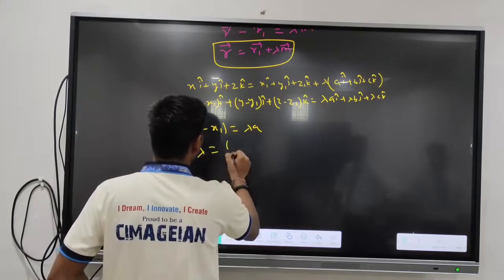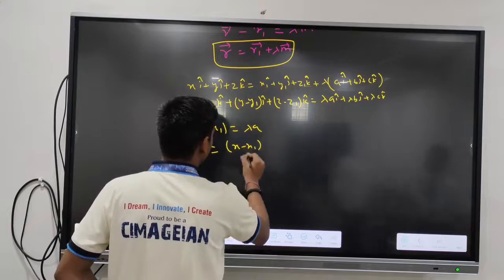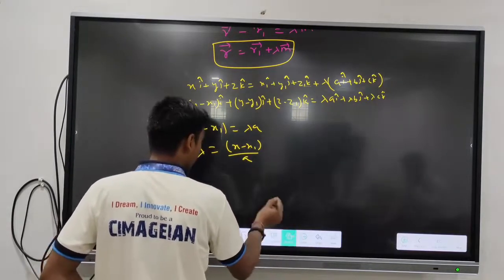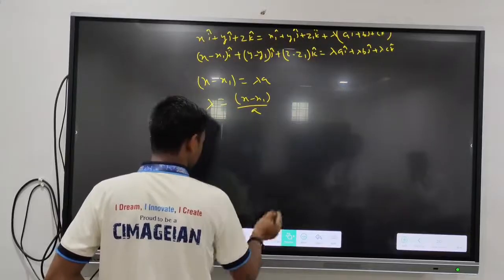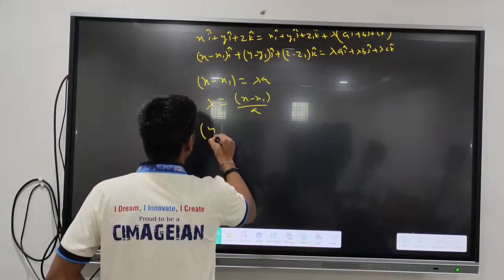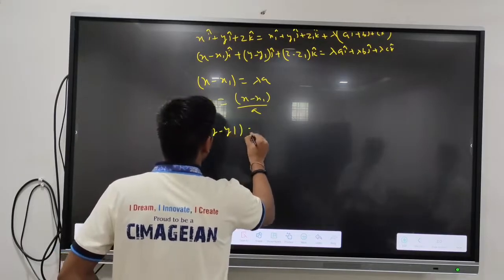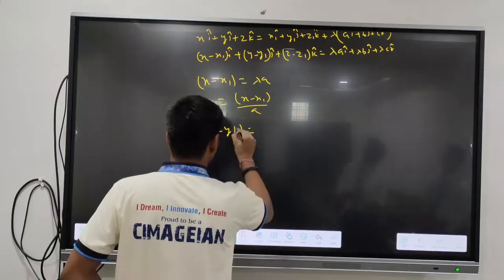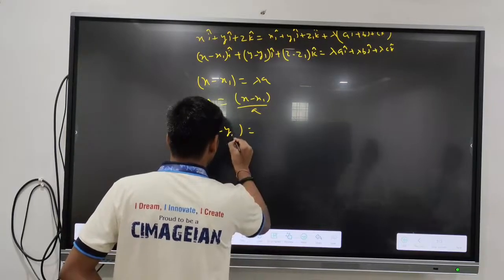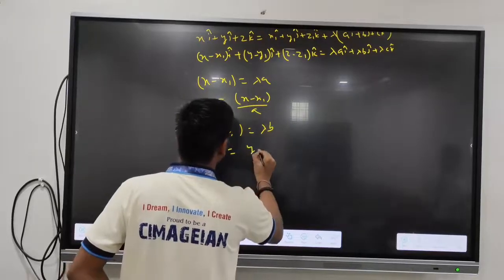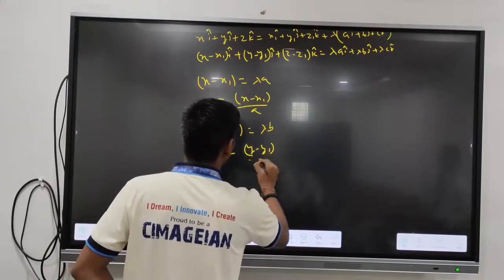Then lambda is equal to x minus x1 upon a. And y minus y1 equals lambda into b. Then lambda is equal to y minus y1 upon b,